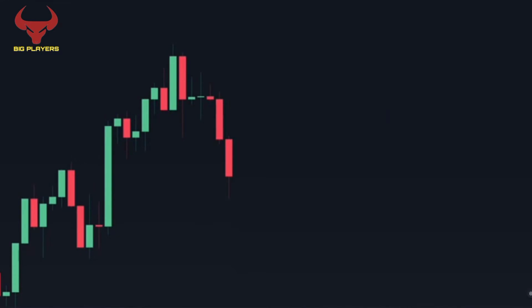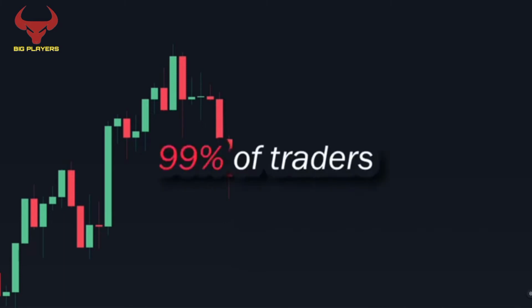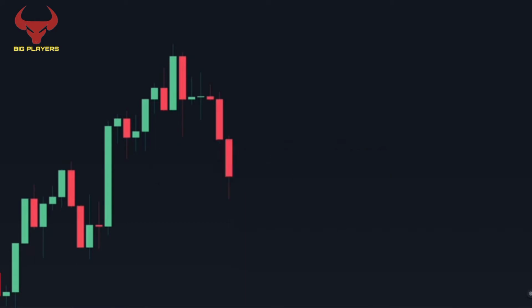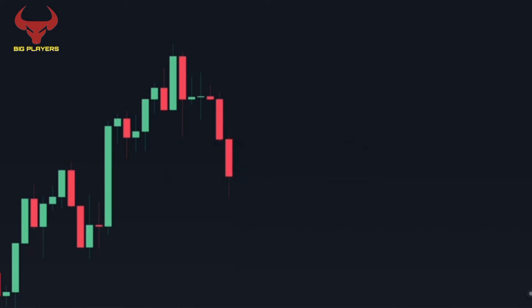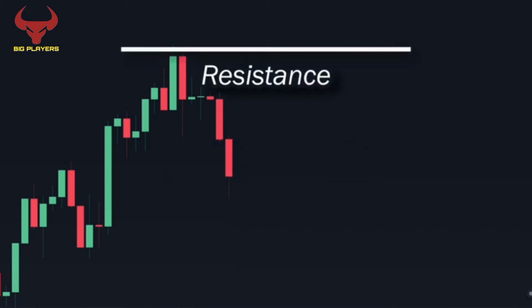Support and resistance is the most important technique to master when trading using technical analysis, yet 99% of traders still get it wrong. So why is it very important to understand? It's because once an area of support or resistance have been identified, it can serve as a potential high win rate trade opportunities. Like in this example, in this chart, we can spot that there's an area of resistance here